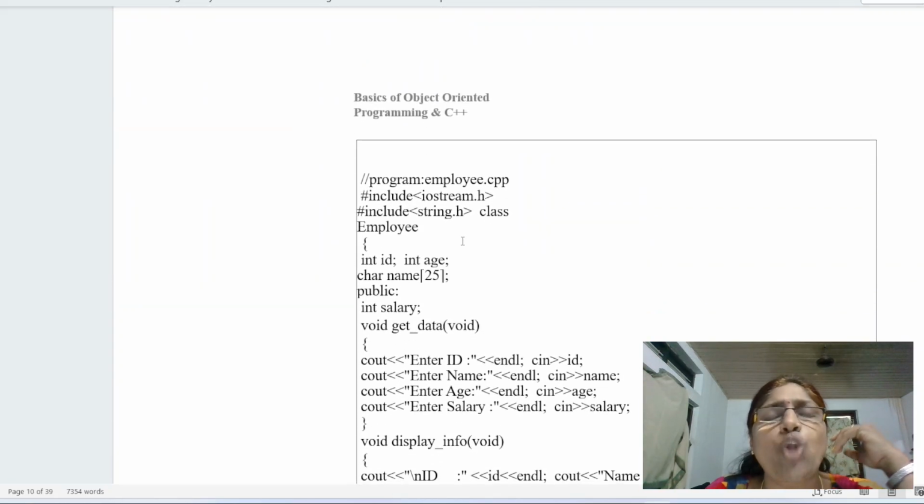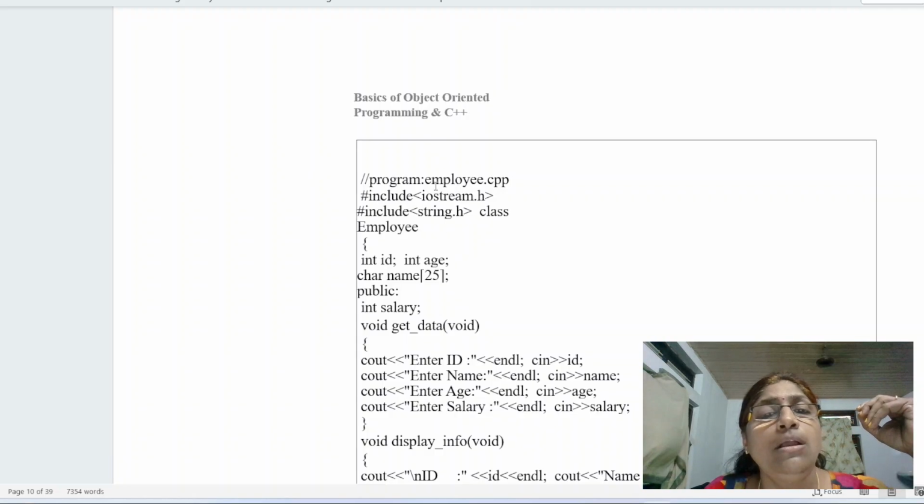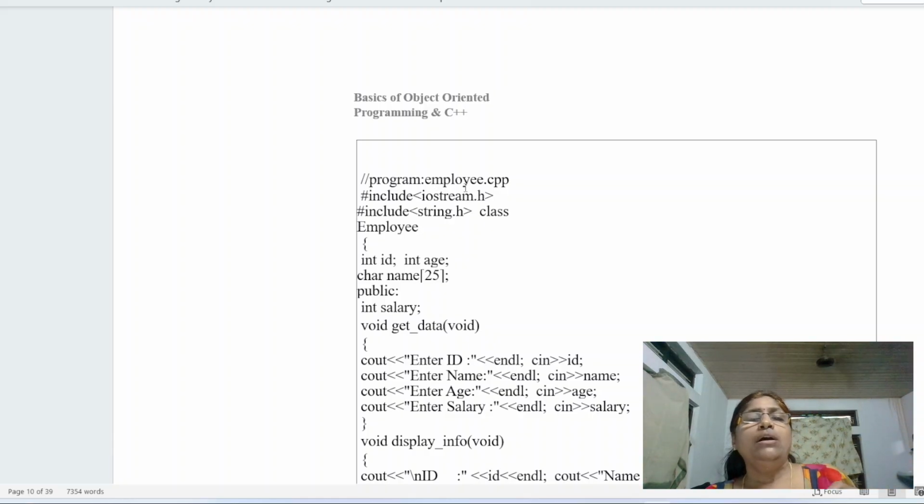Comments. Comments are the non-executable part of a program. Comment: program employee.cpp. #include <iostream.h>, #include <string.h>, class employee, opening the bracket, int id, int age, char name[25], public: int salary, void get_data(), void